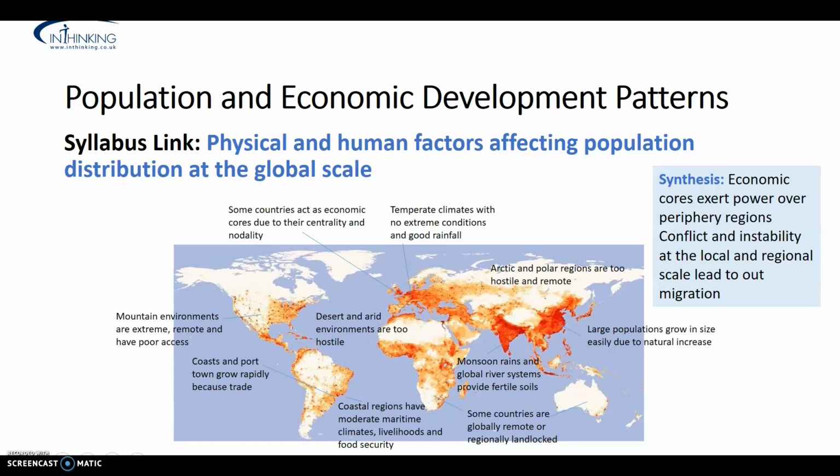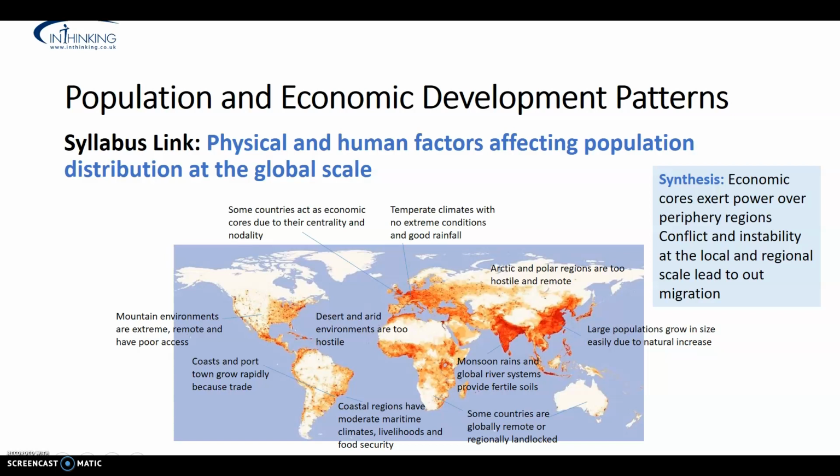So coastal regions are allowing for livelihoods, food in terms of fishing, and of course later trading relationships. You've also got temperate climate regions and regions which provide plentiful rainfall. And so this enables populations to grow, to develop strong agricultural systems, and then build a kind of economic base from there. You can also see that some regions